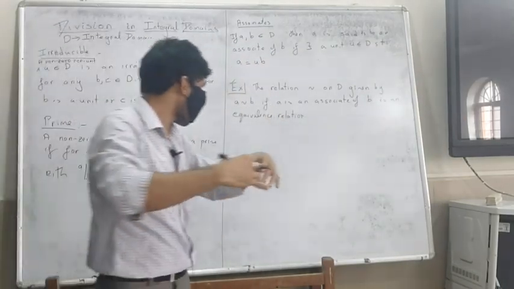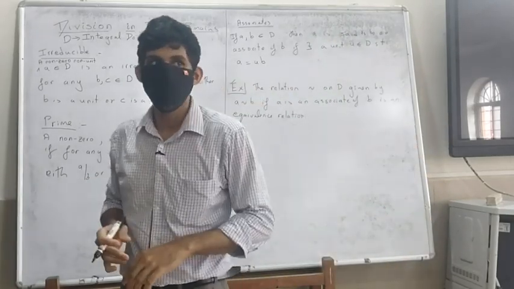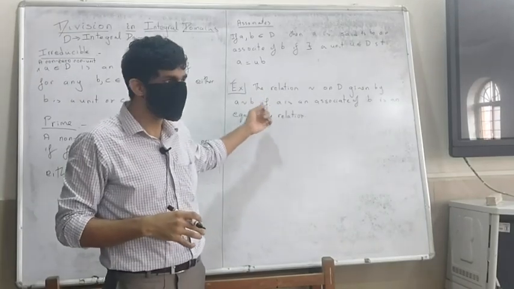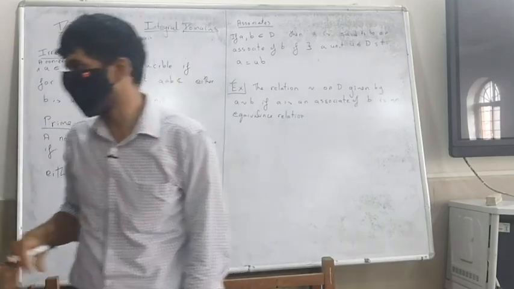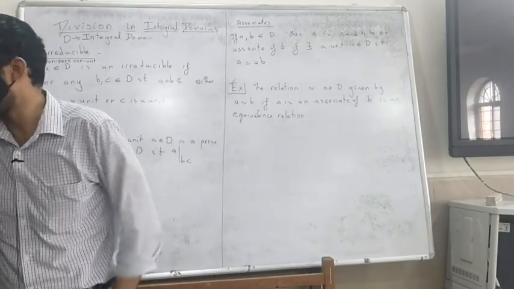So your ring nicely you can partition out into associates, right? That's what it tells you. Equivalence relation means it gives you equivalence classes, right? It induces the equivalence classes. Okay, now some more properties.